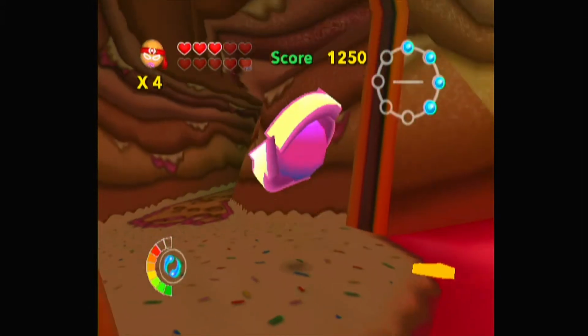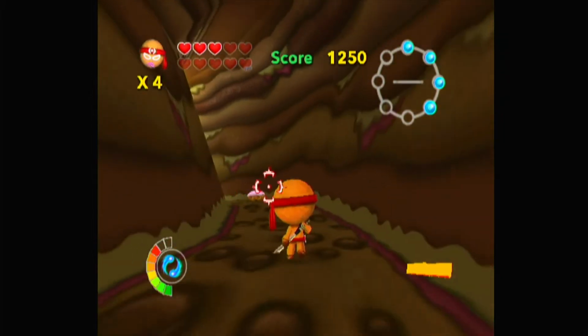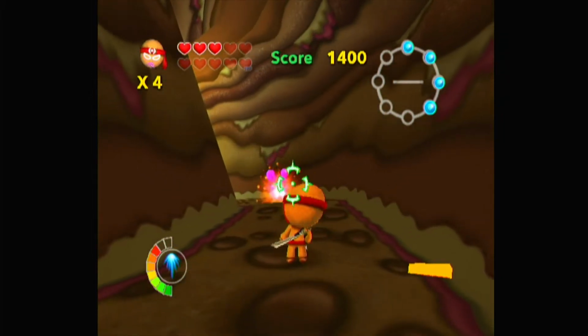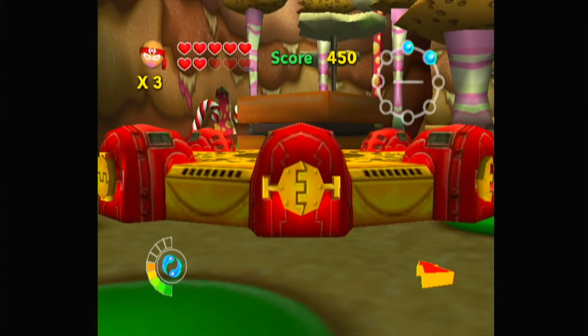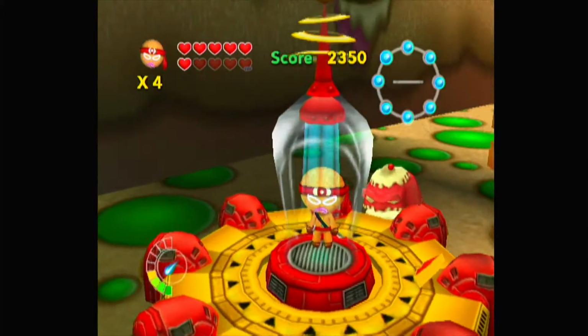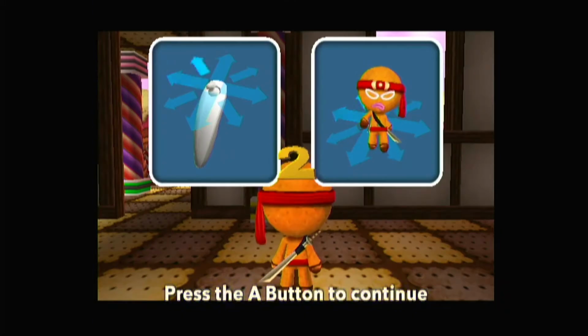Ninjabread Man is a 3D platformer where you run around candy-themed levels, fight a variety of dessert-based enemies, and collect blue cylinders. Yeah, the objective in each level is to collect 8 blue cylinders, which powers up this machine to transport you to the next level. It's so out of place in terms of the theme of the game, and there's no explanation for it. Before all that, however, we need some training on how to properly play.